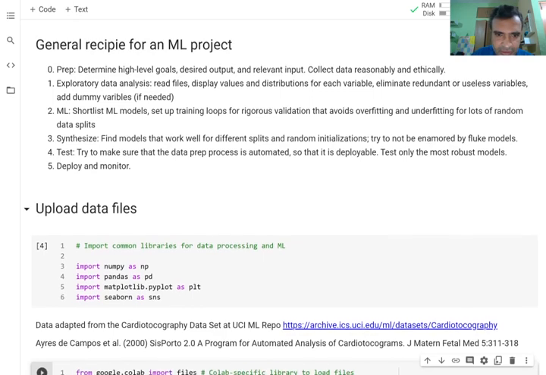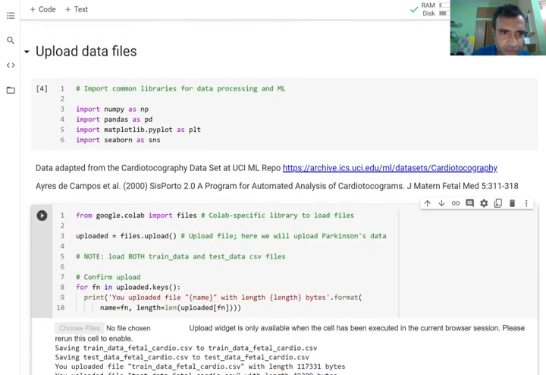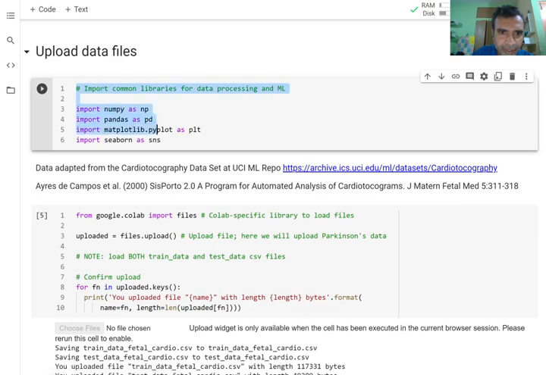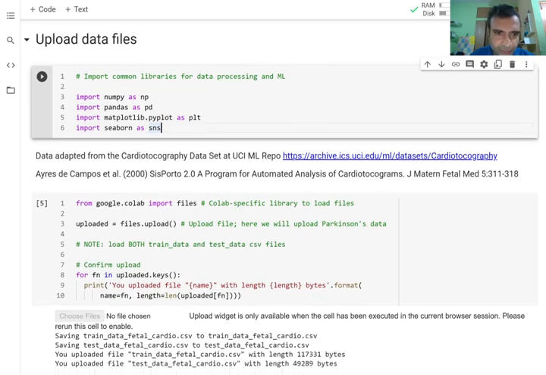Okay, so now let's go down. Here, in this cell I am importing the libraries that I need. NumPy as NP, Pandas as PD. These are standard short forms, and Matplotlib for plotting as PLT. Seaborn is another plotting library. Import it as SNS usually. It has slightly better plotting quality aesthetics than Matplotlib alone, but it works with Matplotlib.